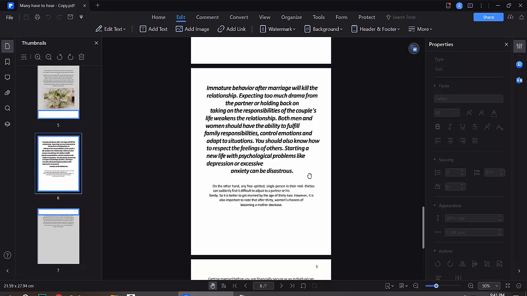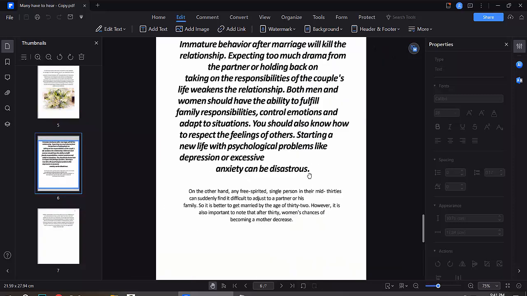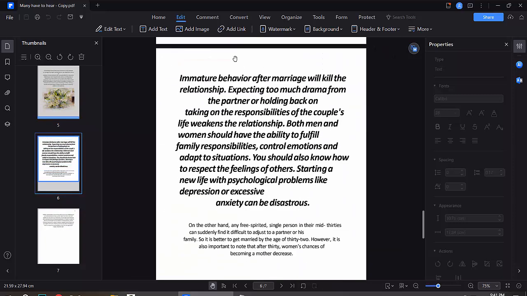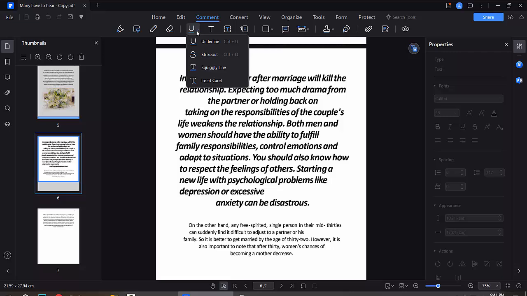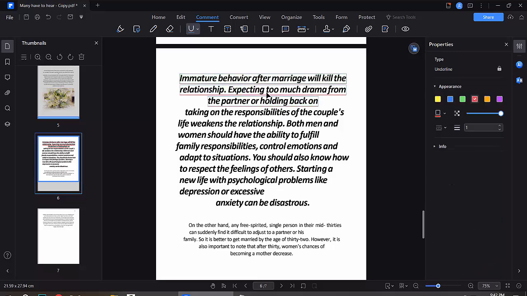Open your PDF file with Wondershare PDF element. Now click on this comment option and here you will find this underline option. Click on this down arrow and select underline. Now drag your mouse cursor and select the text you want to underline, and this text is now